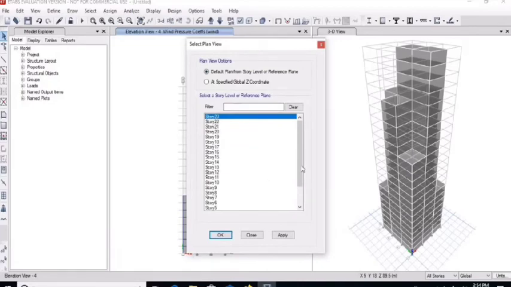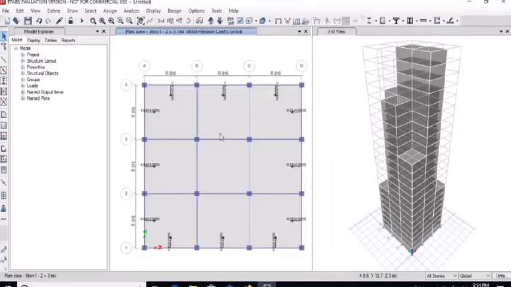Now go to the plan at story 1. Click on OK. All the wind loads are applied as we can see in the plan. Then select 3D view and use frame extrude option.